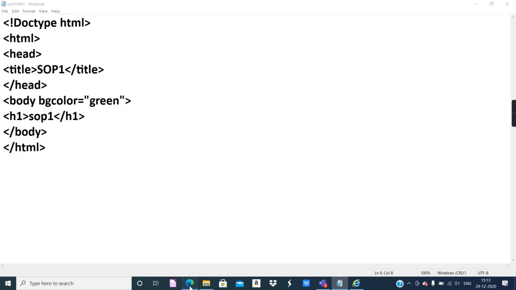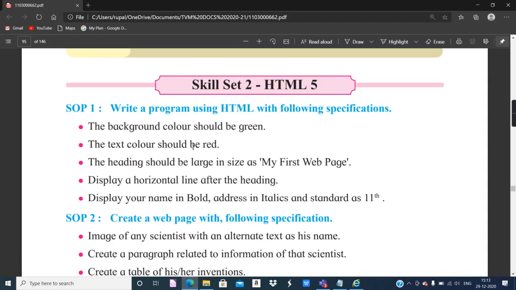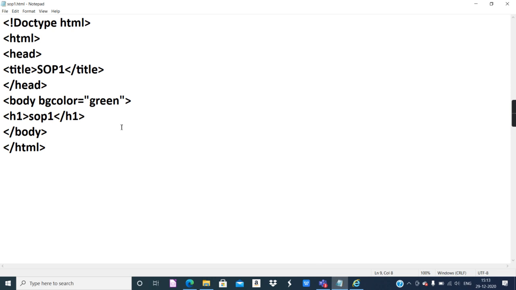Now the text color should be red. So how to provide red color to the text? In the body tag, you can put an attribute called text and give the value whatever is given in the question, in this manner. Before every attribute there should be a single space. First we have the name of the tag, then the attribute, then is equal to, and its value.